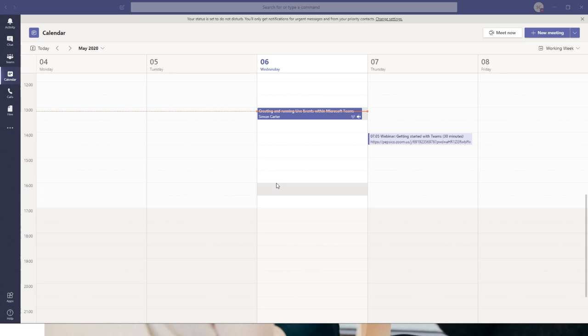Here we are in our Microsoft Teams calendar. You can see actually there it is. This is the event we're running now. It's worth noting you can't set these up yet from Microsoft Outlook, but I'm sure that's on the card soon. But at the moment,